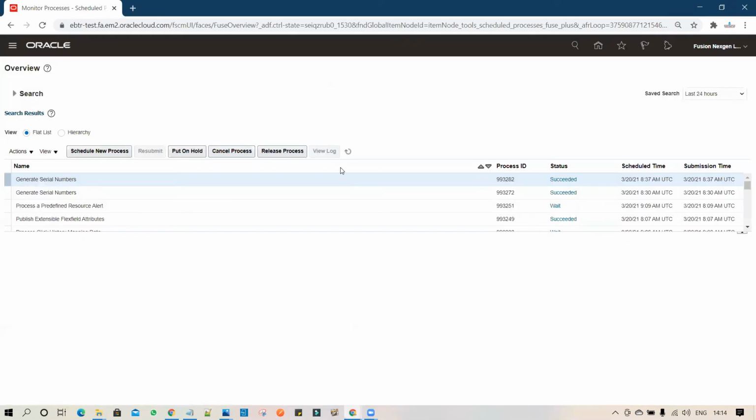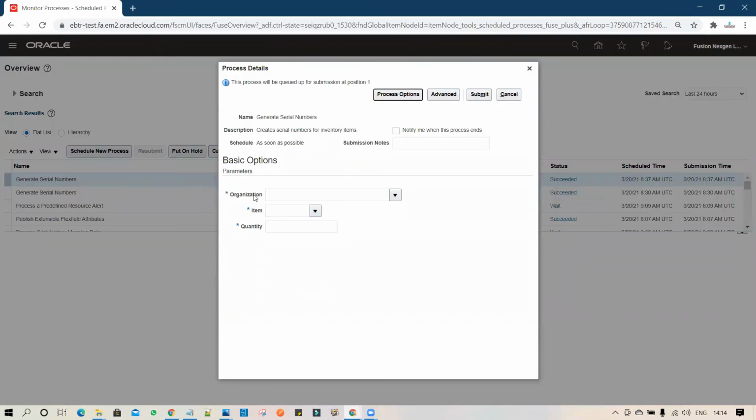Under Generate Serial Numbers, you have to enter three mandatory parameters. The first one is your organization. I set the organization, because I have created the item, and I have to enter my item.